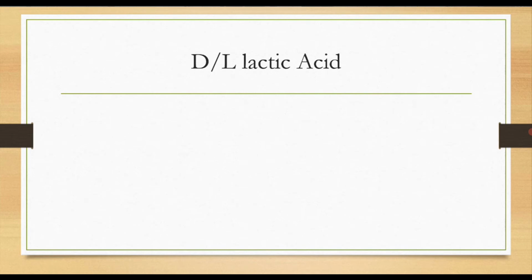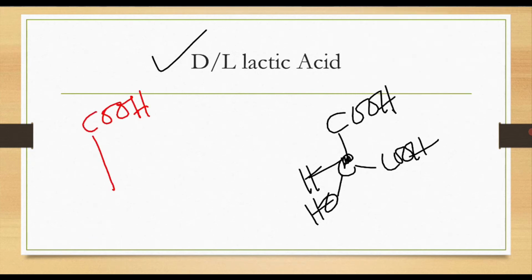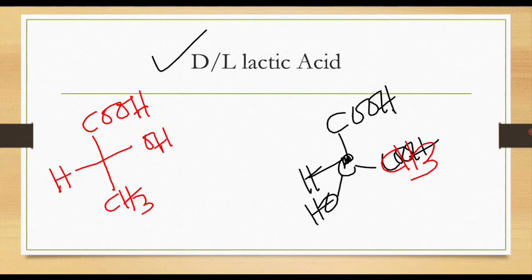So we have to draw the structure of D or L lactic acid. Lactic acid is actually COOH, CHOH, COOH. So first we have to write its proper Fisher projection. COOH, here it will be CH3. COOH, CH3. We can write it in this way, H, OH. See, we take the longest carbon chain vertically, and the highest oxidizing group, that is COOH, on the top. So it is its proper Fisher projection.